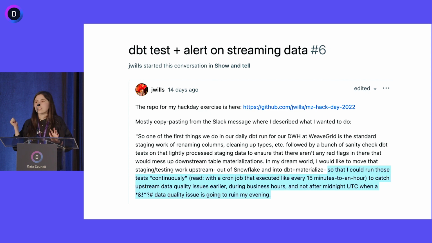And his project was, can I find issues in my data faster with Materialize and dbt? So he built this working project. We actually have a GitHub repo of a bunch of Hack Day working projects that if people are interested, I will share later. This is just a cool one. And so he would purposefully inject bad data into his streams to see how quickly he could catch it. And he was running this off a 15-minute cron job and caught everything because it's just SQL.